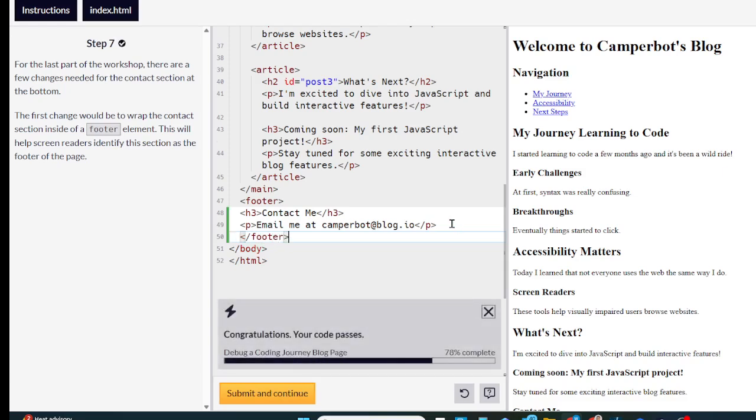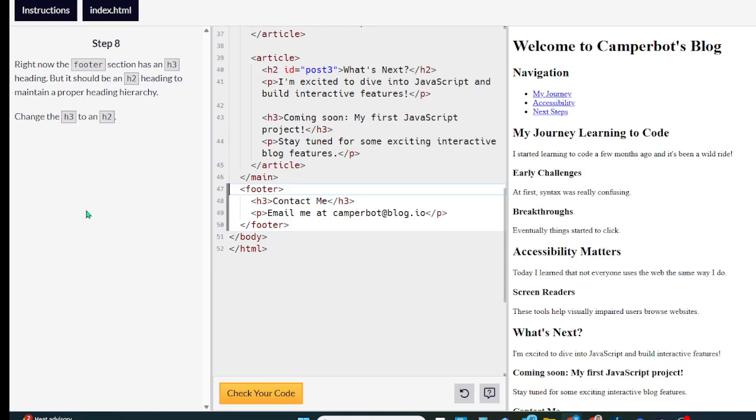All right. Right now, the footer section has an H3 heading, but it should be an H2 heading to maintain the purpose of the heading hierarchy. We're going to change that from H3 to H2. Okay,